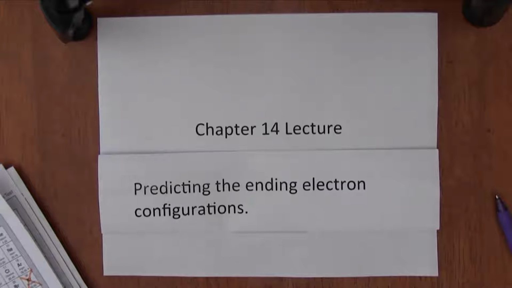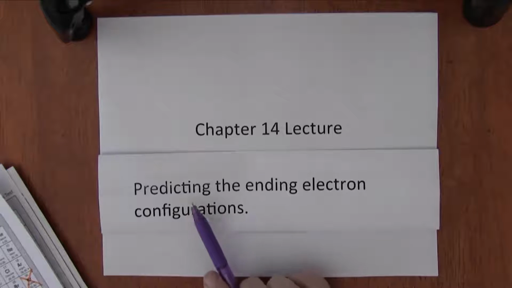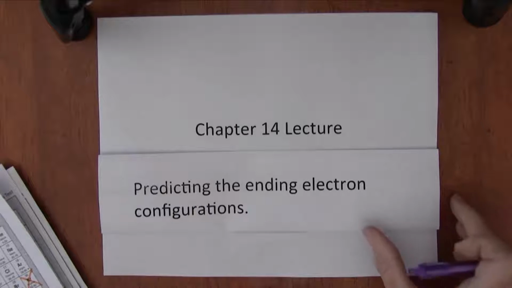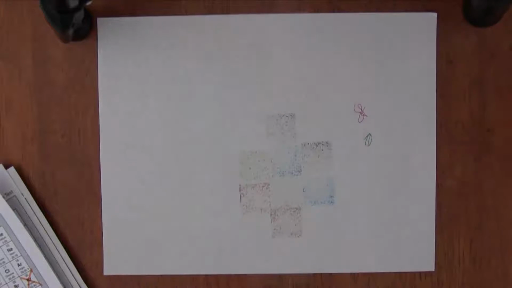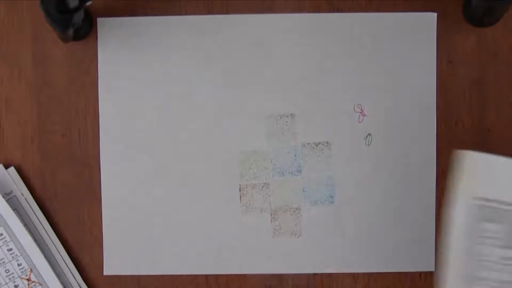Okay, this video will help with chapter 14, specifically 14.1, where you have to predict the ending to the electron configuration. So the first thing I would do is I would label